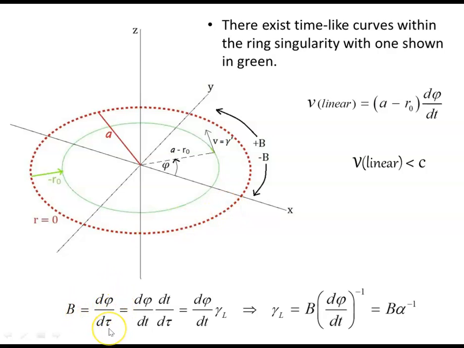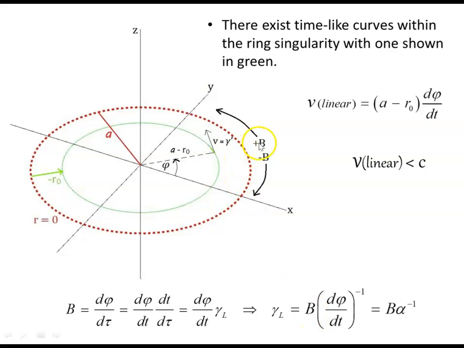Again, this is all the subject of previous videos, so I'm just re-quoting results. Using the chain rule, dφ/dt is dt/dτ times dφ/dt, the angular speed, times the Lorentz gamma factor here. Okay, or we could rewrite the Lorentz gamma factor as in this case,